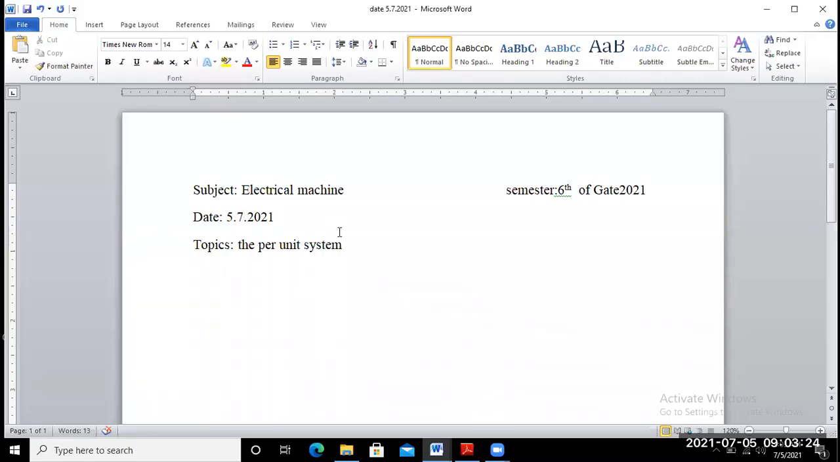The problem based on the per unit system. So suppose you consider one problem, that means